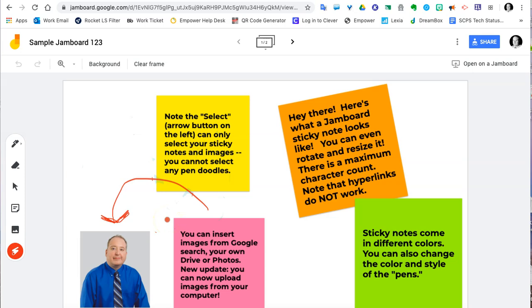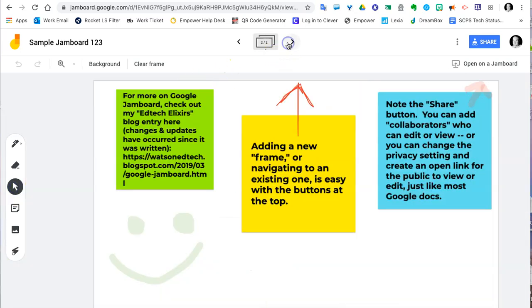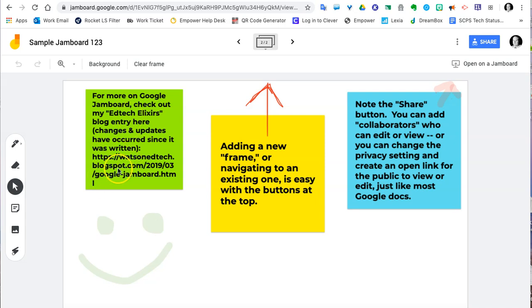There are some limitations. One big one is probably, for instance, if you put in a hyperlink, it's not going to be an active hyperlink. It's just going to be plain text, an example of which is shown here. You can also, as you can see here navigationally, add additional frames and create a slide experience. This reminds me a little bit of what an interactive flat panel whiteboard experience might be like,